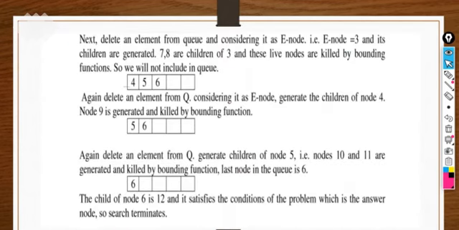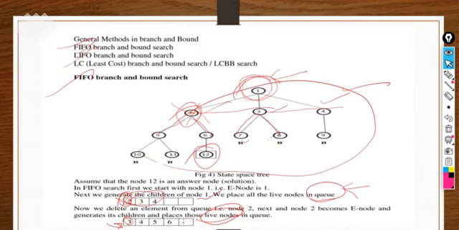So here 4, 5, 6, so we will just terminate the 3 here, so we will not pass the 7 and 8 as children of the 3. Why? Because these live nodes are killed by the bounding functions in the queue, right? So some bounding functions are there that will kill it. Okay, so